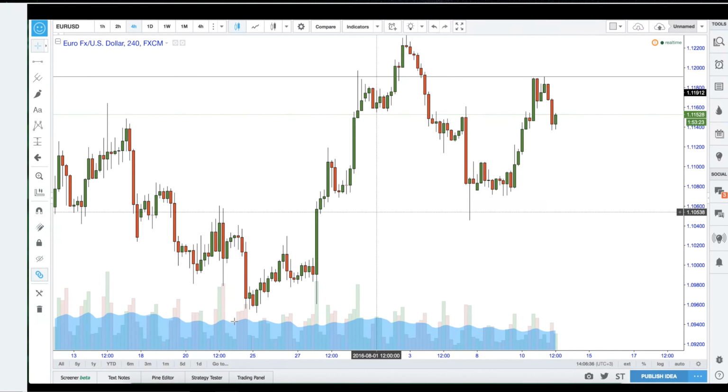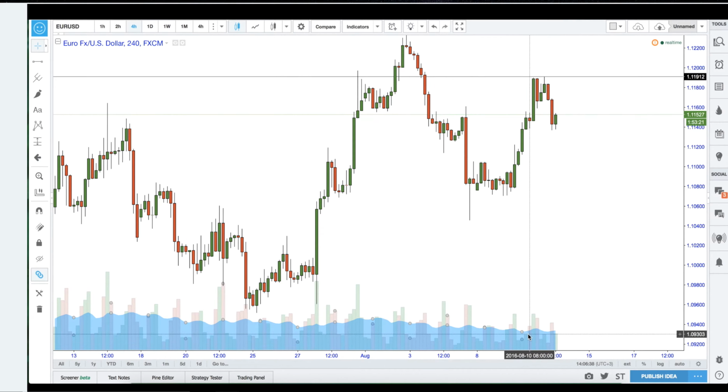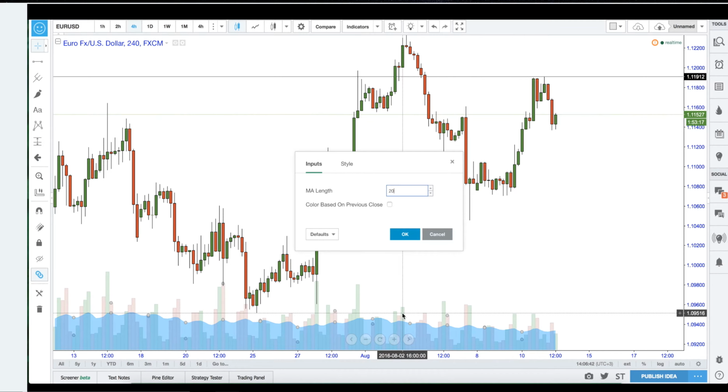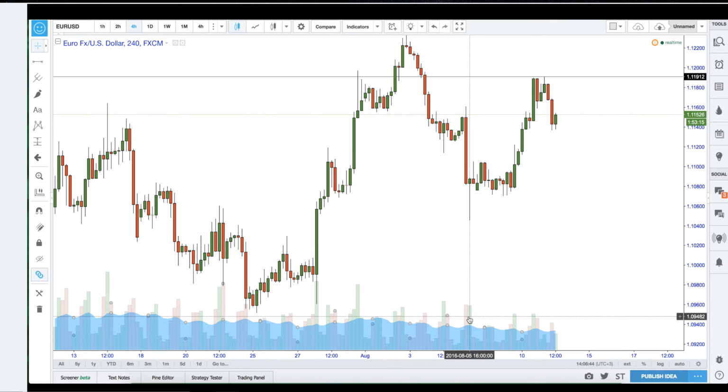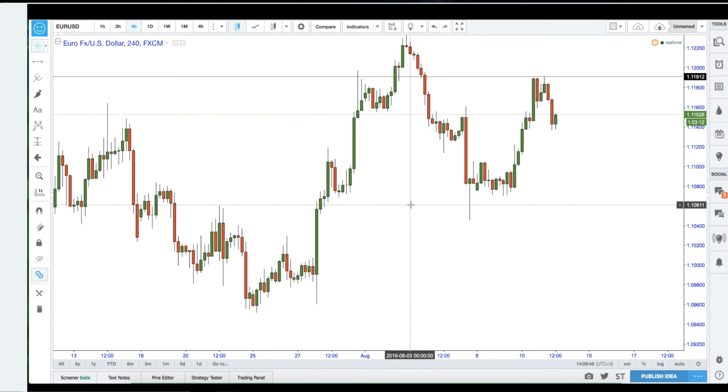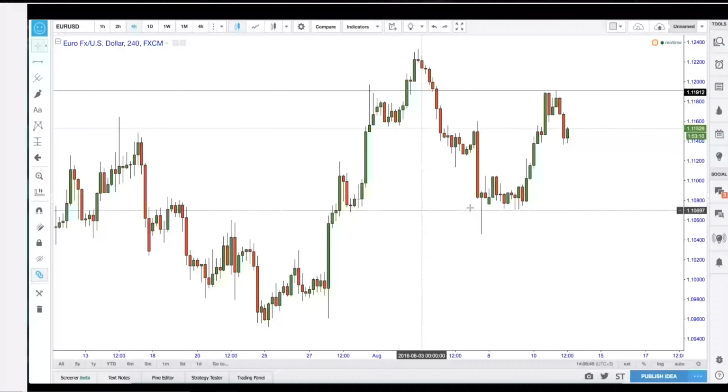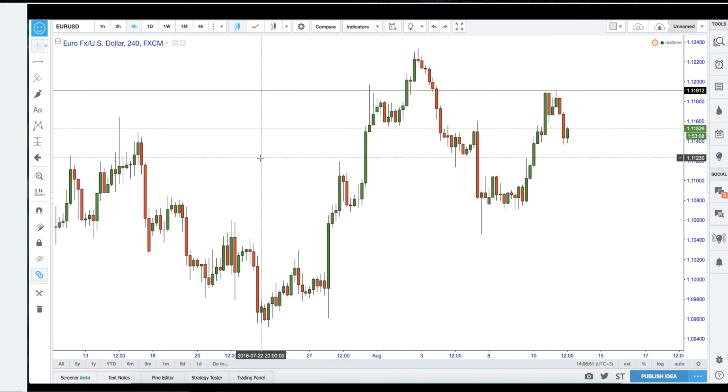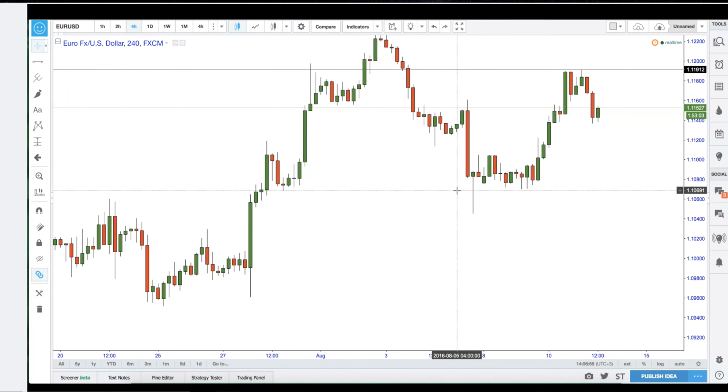Now this here, this volume bar at the bottom, I do not need this. So we can just click that and click backspace, or if you're on a Windows computer, you can press delete and we can just get rid of that, or you can right click and then click remove. So what we've done thus far is set up our time frames. We've done our background, as you can see.